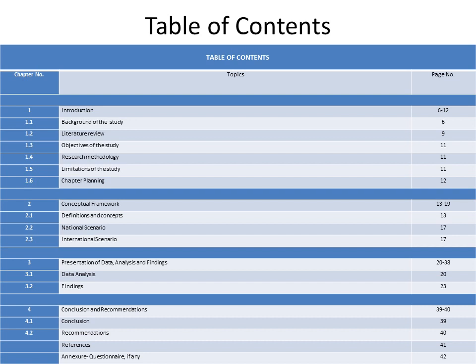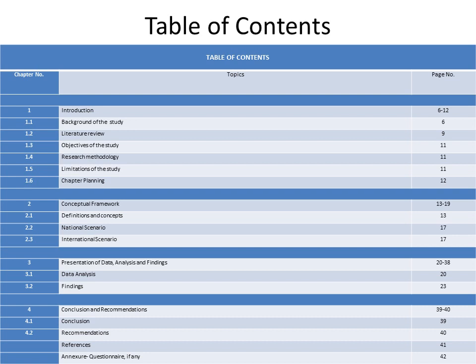Now the chapter planning, basically chapter planning is how you have planned your chapters. So you will write in chapter planning that there are 4 chapters in my project report. My project report consists of 4 chapters. The first chapter is introduction, second is conceptual framework, third is presentation of data analysis and findings, fourth chapter is conclusion and recommendations. So under it, then you will write in small head that point 1 introduction, these things are